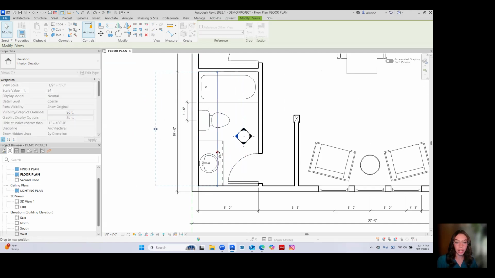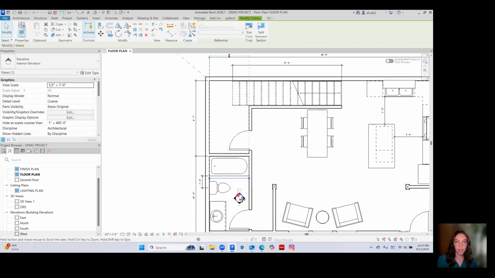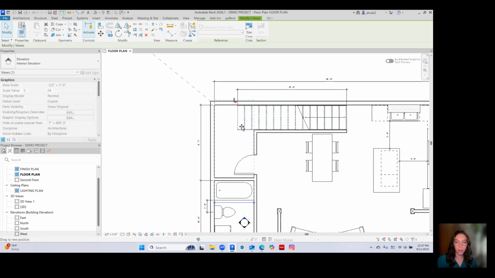If this blue line is inside of the cabinet, you'll actually slice and see inside of the cabinet or inside the toilet. So we're just going to make sure that that hovers right outside of what you want to look at. Same for this one, if we just want to see the bathtub and not the water closet, we'll just double check those. So once we have our elevations how we want them,